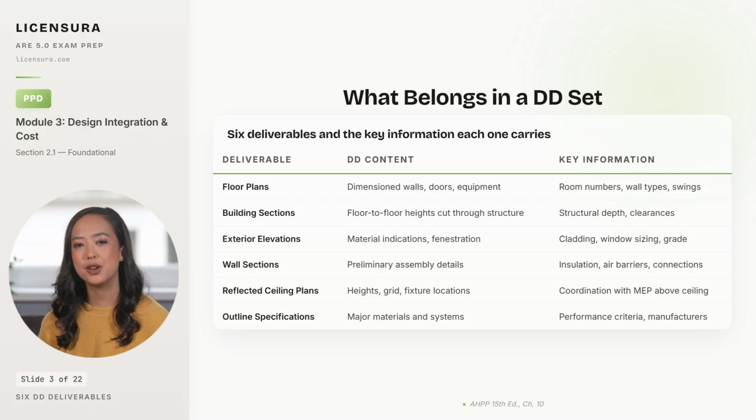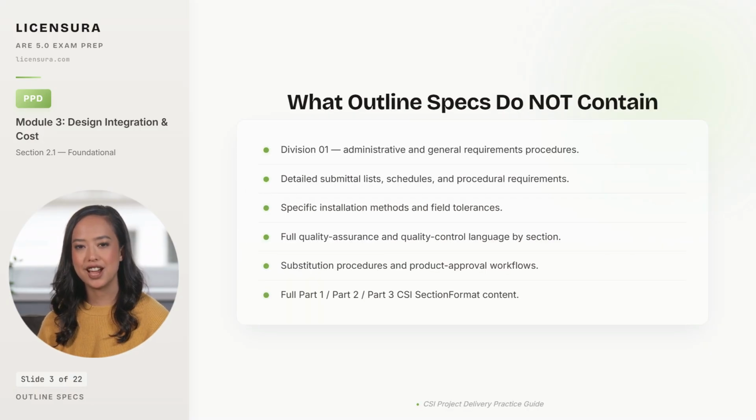The point that the exam returns to is the gap between outline specs and full specs. Let me make that gap explicit. Six things that outline specifications deliberately leave out, which is why calling them complete is wrong. Division 1, the administrative and general requirements that govern how the entire project gets built, is not yet drafted in DD outline specs. Detailed submittal lists, schedules of values, and procedural requirements that the contractor uses to organize the work